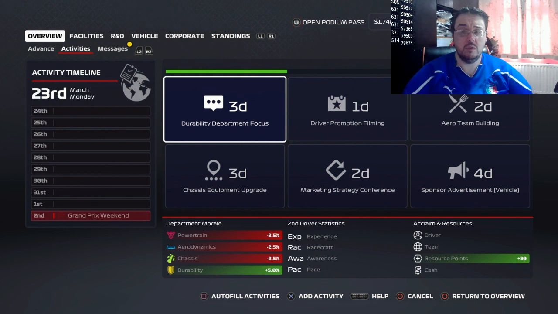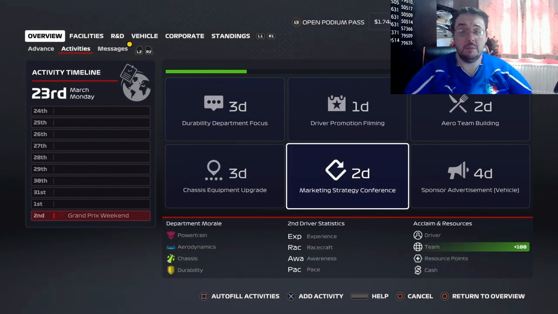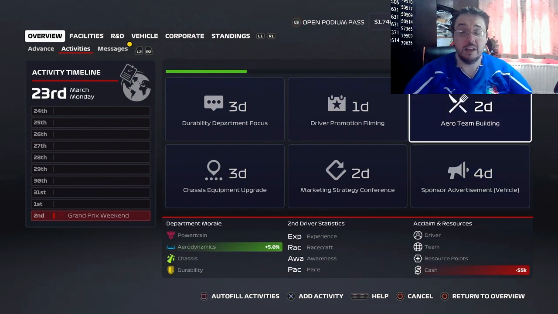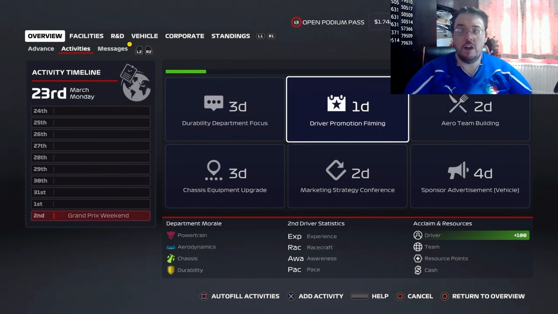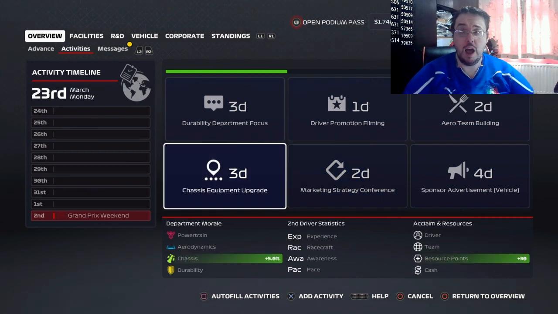So, what we will do, we won't take durability, definitely. We will take chassis equipment upgrade, I think. Marketing strategy conference. But you see here, we get an extra 50,000k for doing a sponsor advertisement weekend. Yes, please, come to our car. Driver promotion fee, I presume that's for Tatiana. No, it would say second, so it would be Jackie doing the promoting. And then got the marketing there, so I think...